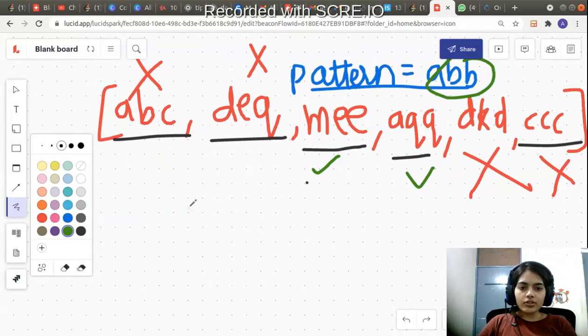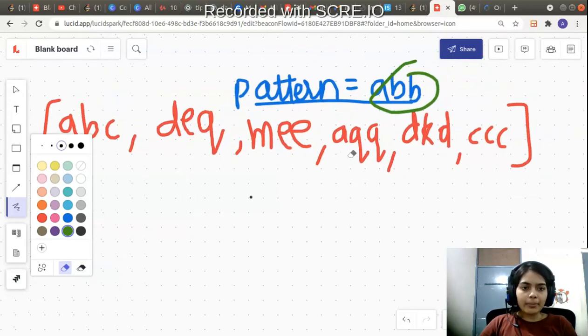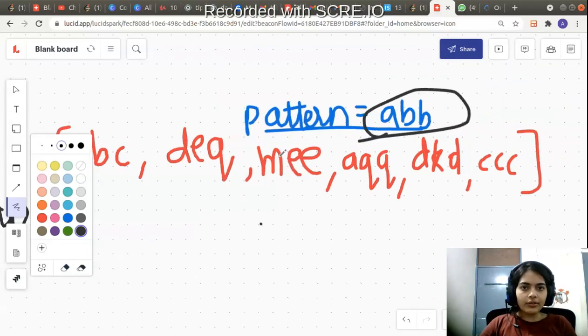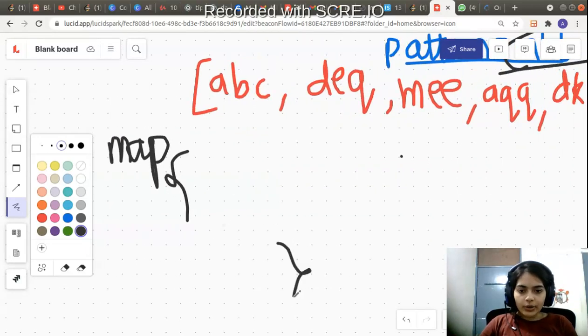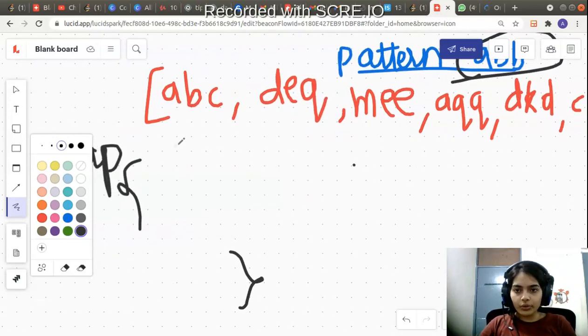So, to solve this question, we will use a data structure. We can use the hash map data structure to solve it easily, because in that you can do the character by character mapping. So, how are we going to do that? Let's take an example. Let me say I declare a map to match my pattern with the word characters. First, I'm going to match each of the characters in the pattern with the words. So what do I mean by that?